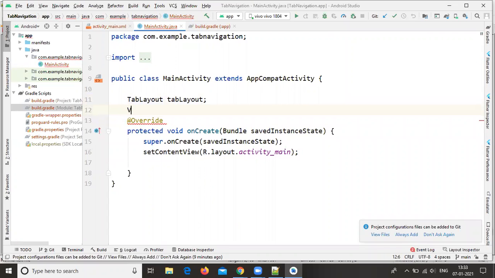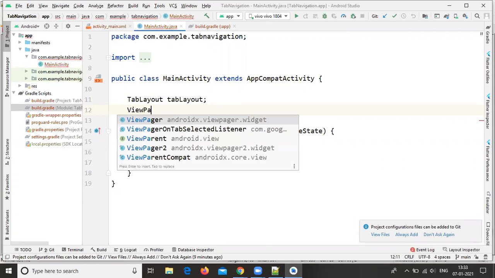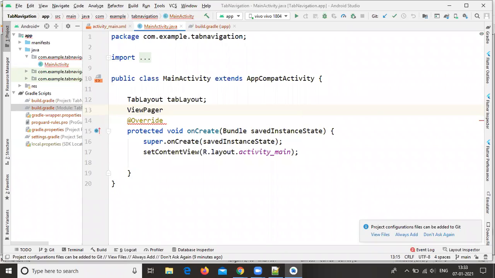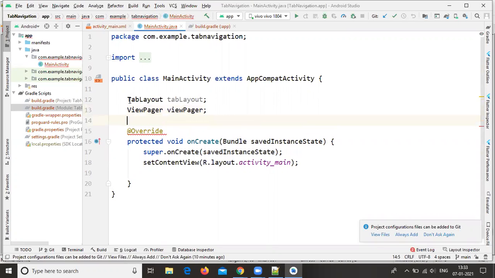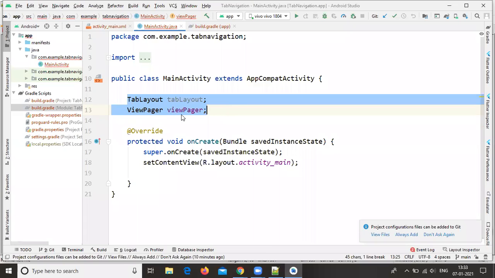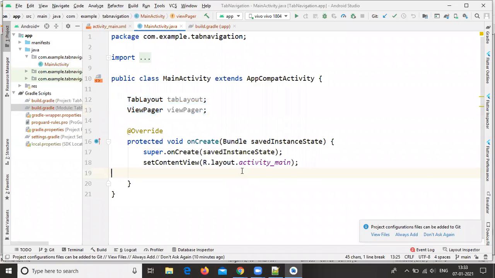In the same way, I'm creating the view pager also, ViewPager. So here I'm creating two global variables. With the help of these variables, we need to configure the IDs.